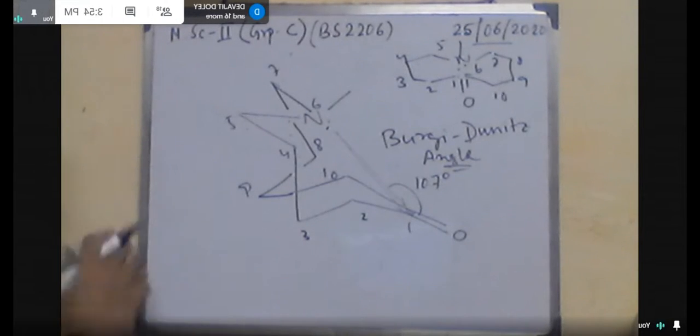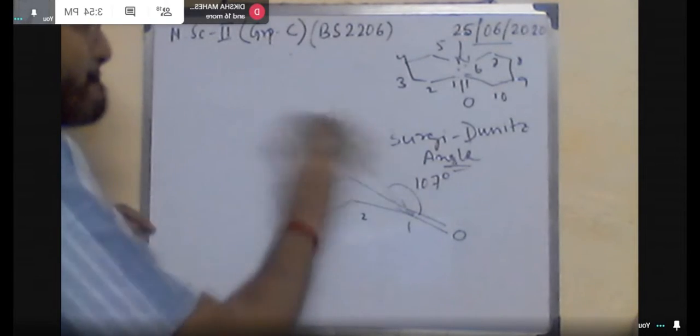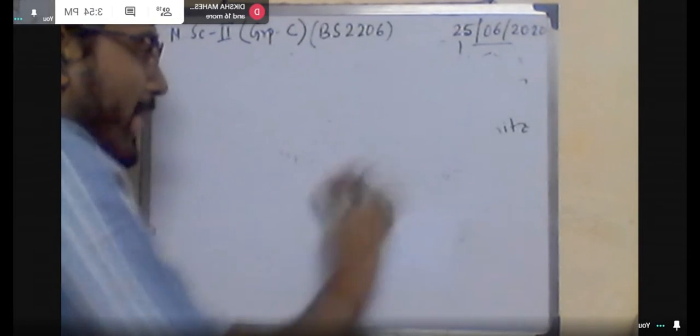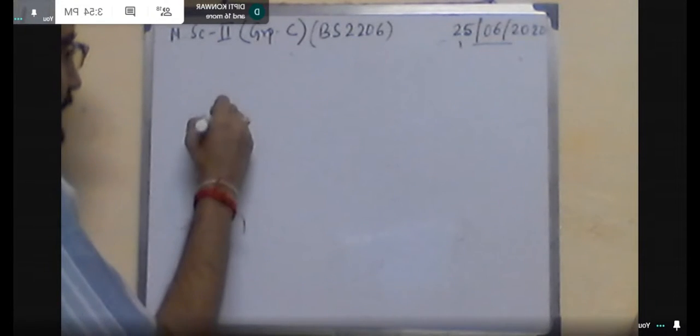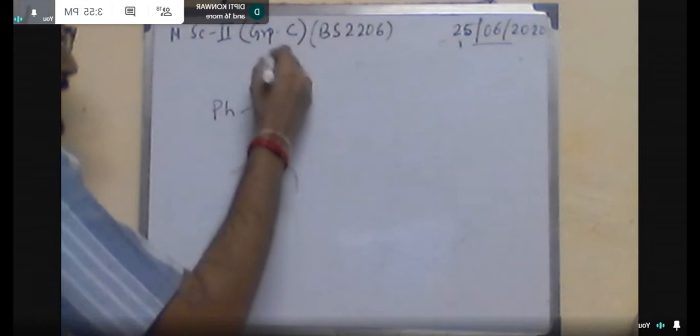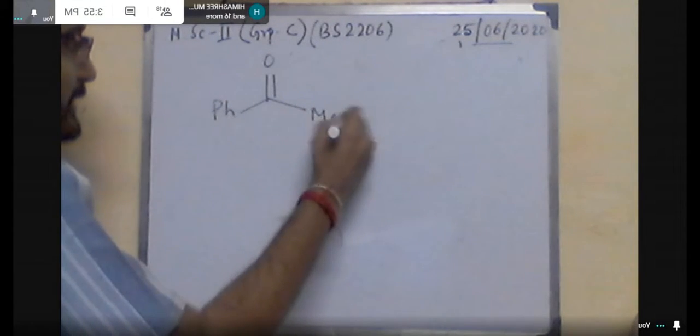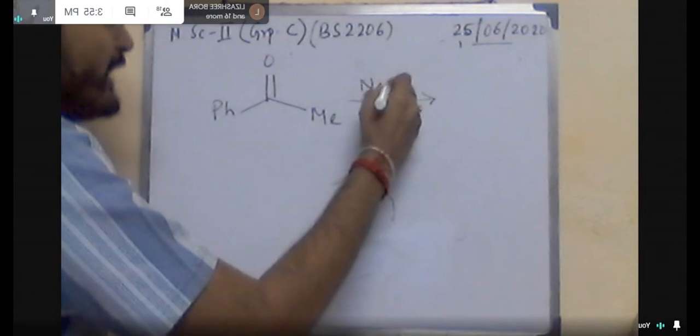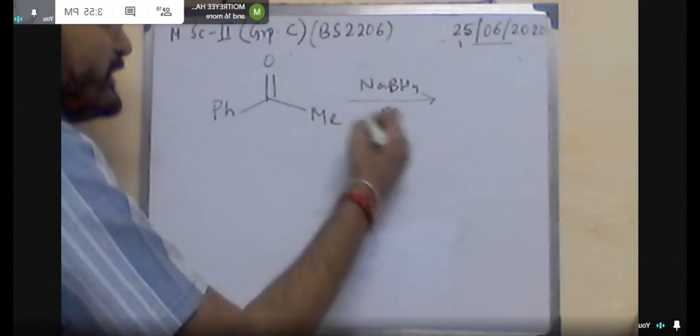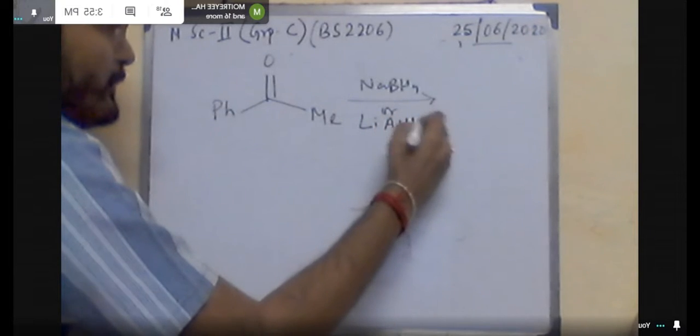So how does the mechanism proceed? Say in this case, C double bond O, methyl. If I consider this is the sodium borohydride, this hydride will transfer here, it will become a negative charge, so that it forms O minus, H, methyl, and finally with acidic workup, it will form the alcohol. So the reduction of the carbonyl will form the alcohol.